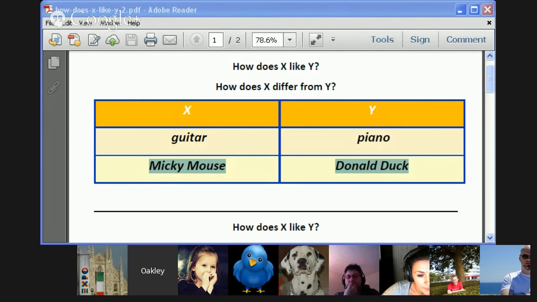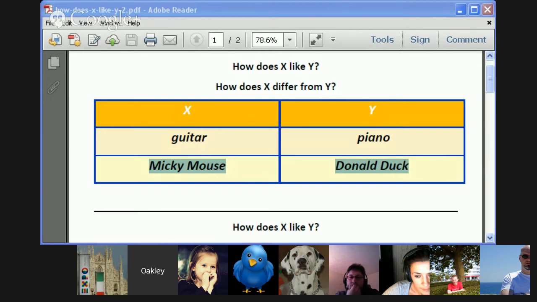Nasma. How are Mickey Mouse and Donald Duck the same? I think both of them are comedic characters. Yes, excellent. Nice. They are. Okay, that's a straight up, good answer. They're both comedic characters. All right, good job, Nasma.